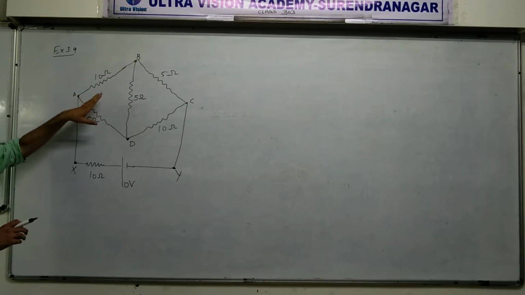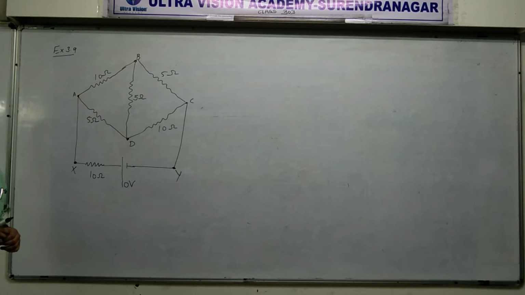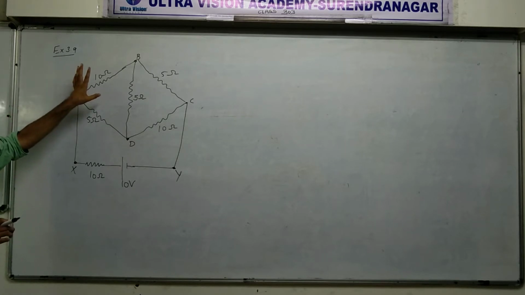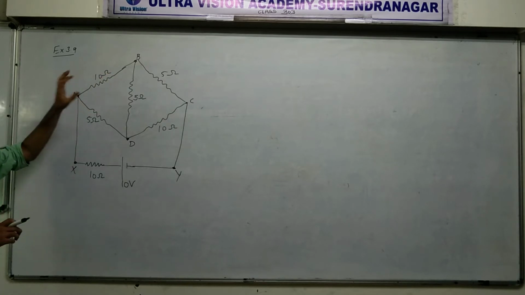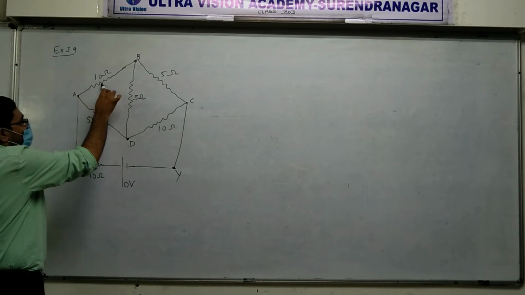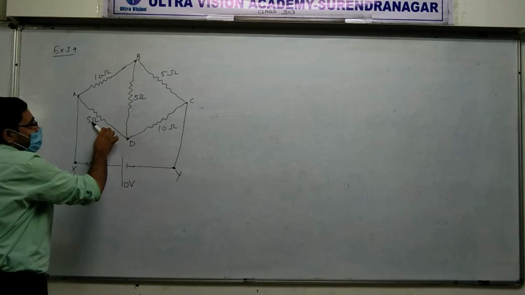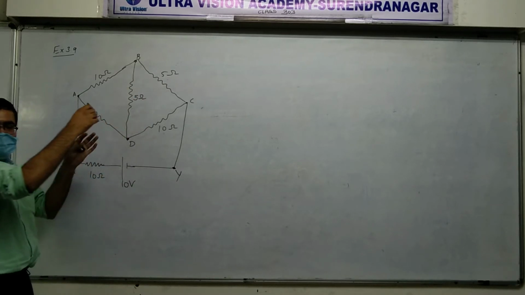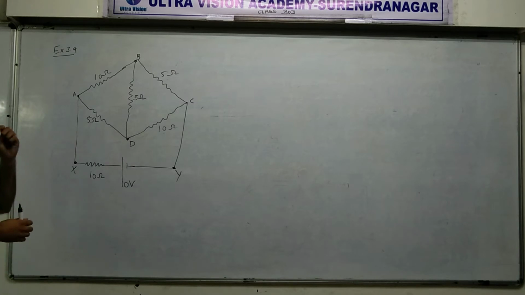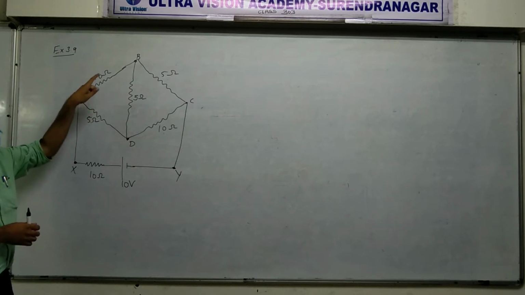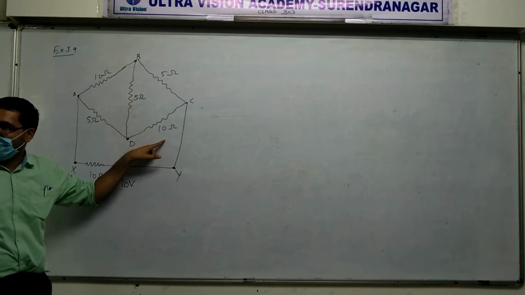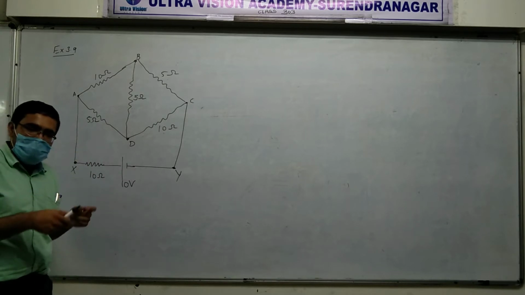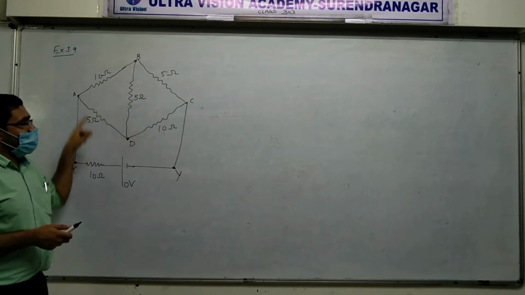But there is one thing that is a little bit different in this circuit. I mean, it can be solved blindly by using Kirchhoff rules directly. Okay, but there is something more here that makes it a bit easier. Look at this. This is 10 ohm and this is 10, and here is 5 and that is 5. Right? So there is a kind of symmetry. Although this is not a balanced Wheatstone bridge. See, it is a Wheatstone bridge but not balanced. You can check: 10 upon 5 is 2, but 5 upon 10 is 1. Not clear? So it is a Wheatstone bridge but an unbalanced bridge. But there is still some symmetry.